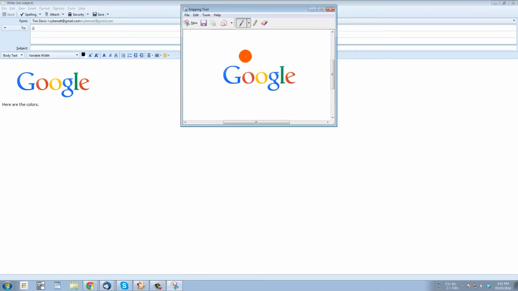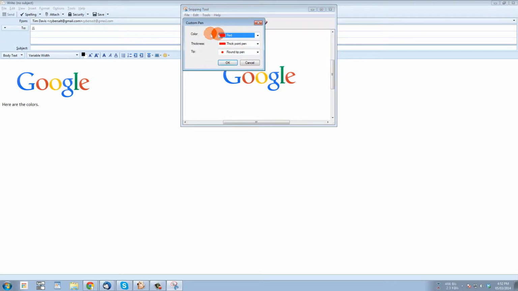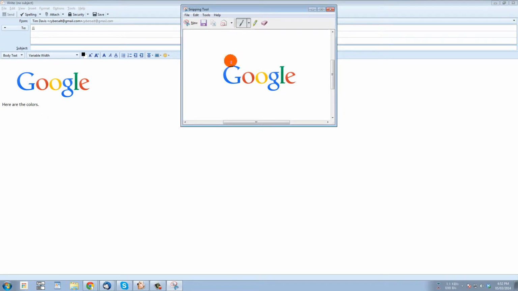However, the snipping tool offers you some tools. It offers you a pen, and you can pick the color that you would want. Let's click customize. We can pick, let's go with a fuchsia, and I'll stick with the thick, and for the tip, let's make it chisel point. And now I can make some notations. So if we're talking about colors, I can go,